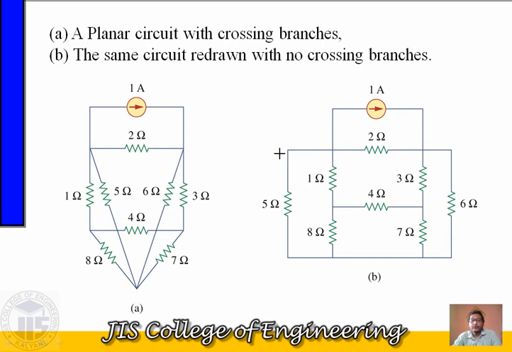Before going to mesh analysis, the most important part is that you have to know the simple KVL rules. We know that for any closed path or closed circuit, the summation of voltages across each and every element is zero. If there is a voltage source, some resistances or other components, we can simply say that the voltage of the source equals the sum of the voltage drops across each and every resistance or component.